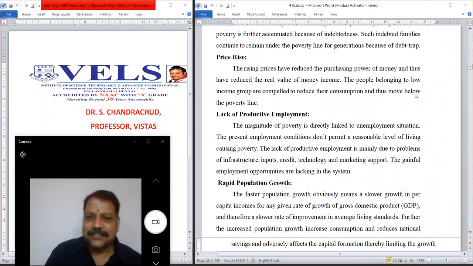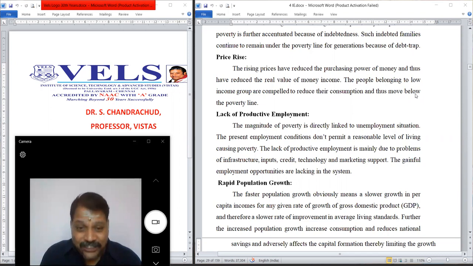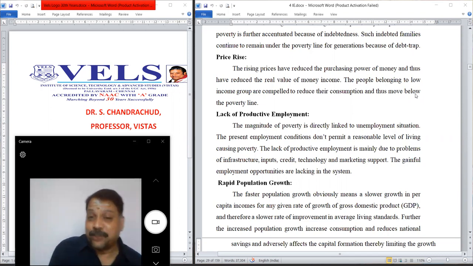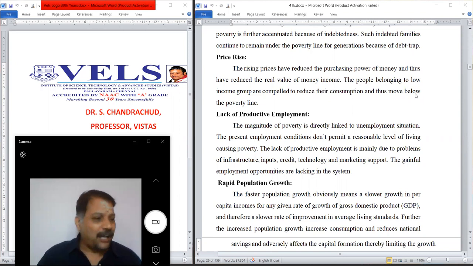The next reason is lack of productive employment. The magnitude of poverty is directly linked with the unemployment situation. So poverty and unemployment are directly proportional. The present employment condition does not permit a reasonable level of living because of the poverty. The lack of productive employment is mainly due to problems of infrastructure, lack of inputs, lack of credit facility, outdated technology, and